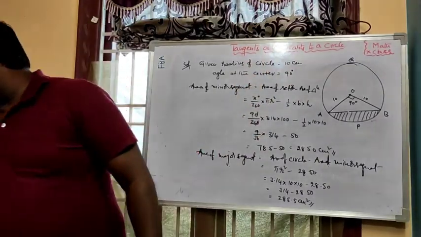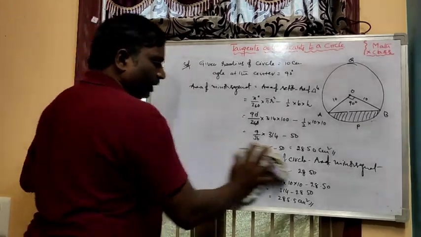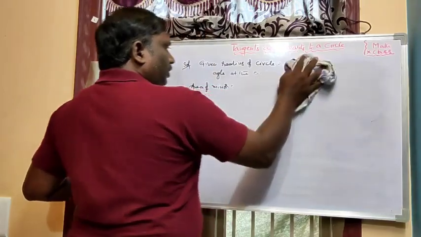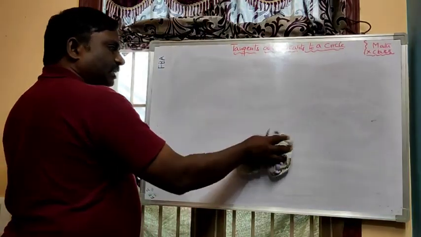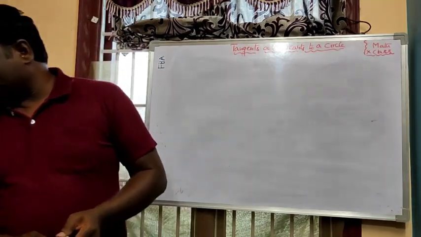Okay, so go through the second question. The second question, I already explained the same model in an example. I'm not explaining the second question, as it is a question they gave in your example also. That example is already explained. So I'm going to the third question. What is the third question?